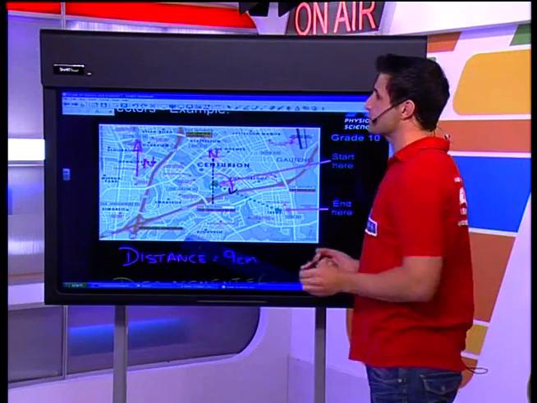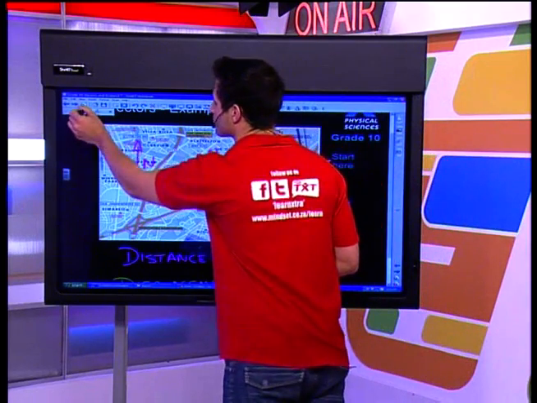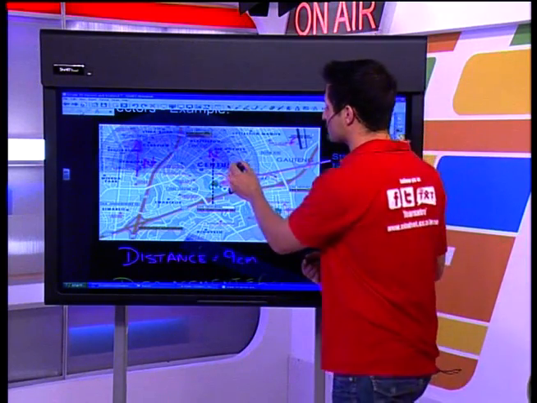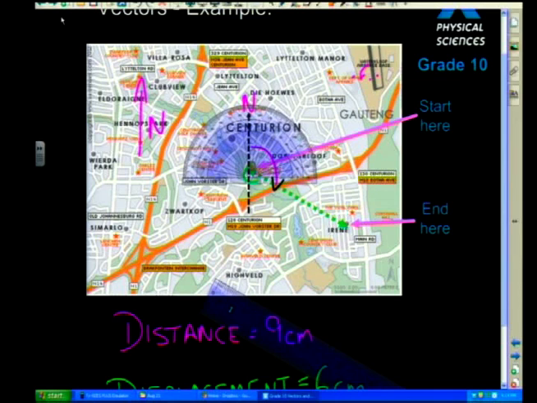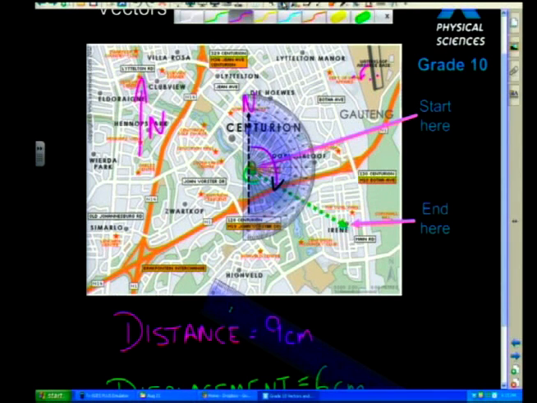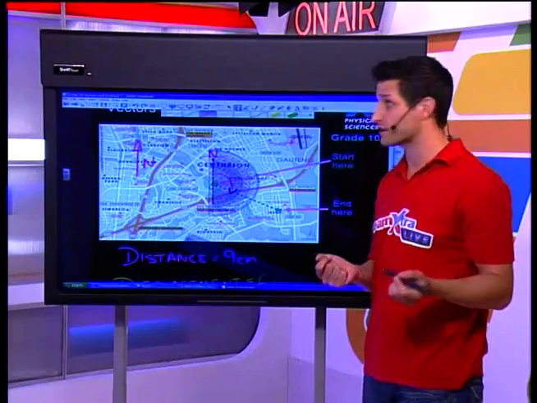Now, if you've got your protractor with you, and I want you to have your protractor with you, I'm going to be doing this with you. Let's make our protractor slightly smaller and move it over to our north line. Okay, so now we're going to measure this together. Now you can see that this is not very useful as it is. What I've got to do is make sure that my 0 line is on the same line as north. So let's make sure that that's nicely in line, and we're going to go and measure. Don't worry if you can't see all the fine readings on my protractor. I'm going to be marking them out.